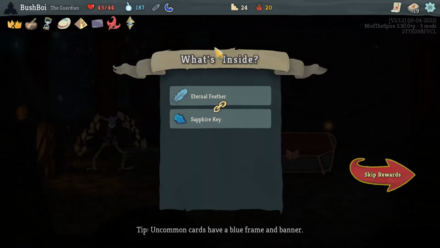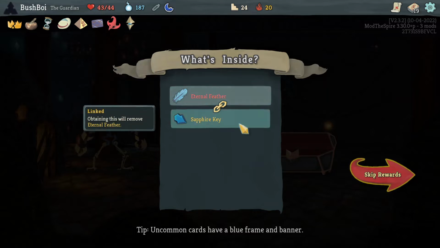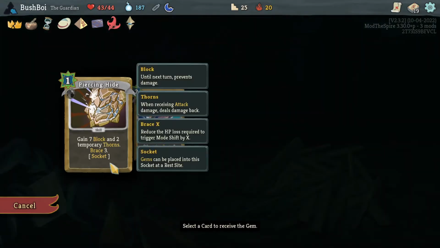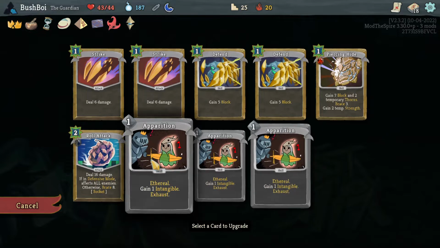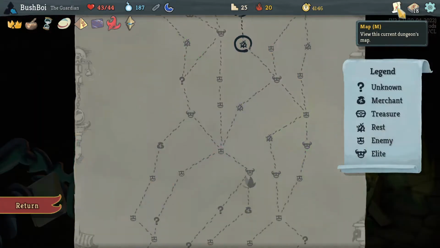I think if we didn't have Apparitions and still a lot of max HP, this would be good to heal with. But even then, I might not be inclined to take. So that's a Sapphire Key. We're gonna throw this right into Piercing Hide. Maybe that wasn't right, actually? I don't know. I'm gonna need to recall at some point as well, but...